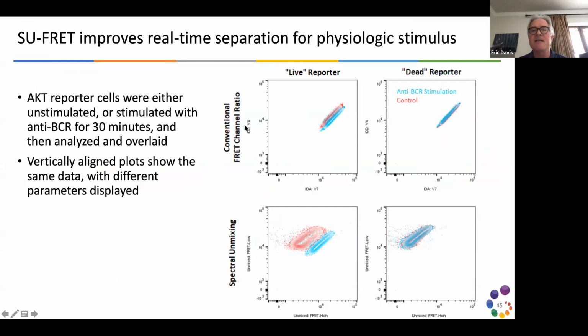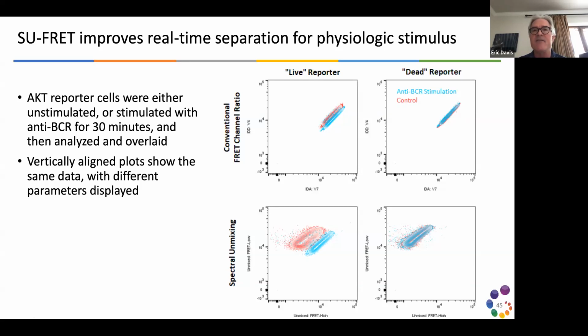The top is the FRET ratio from the Aurora of cells that were either stimulated with anti-BCR in red or not stimulated in blue. We get some degree of separation with the live reporter, no separation with the dead reporter. But if instead we look at the spectral unmixing, which is available in real time, you get excellent separation of these two populations